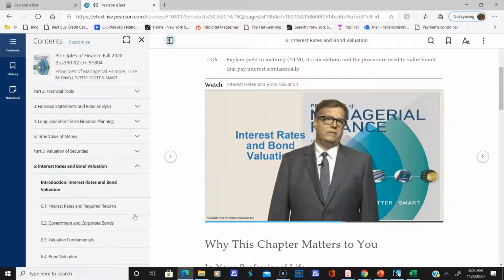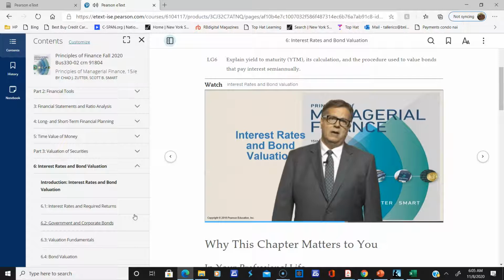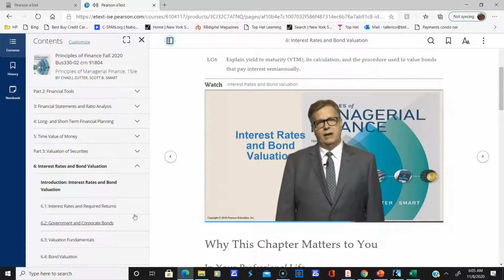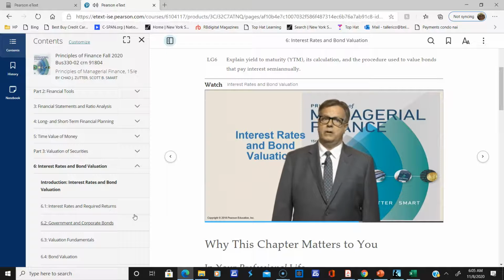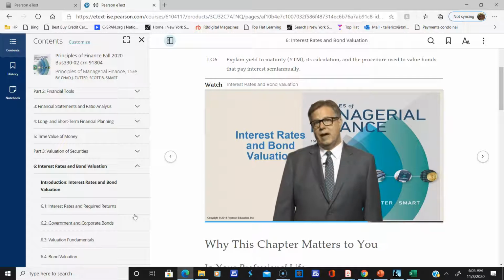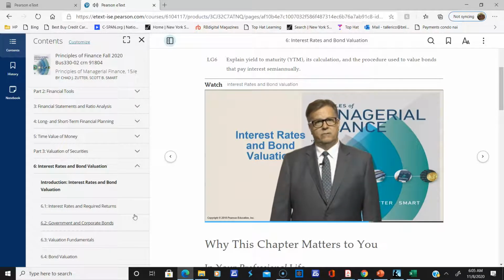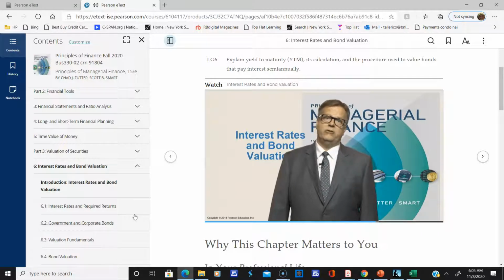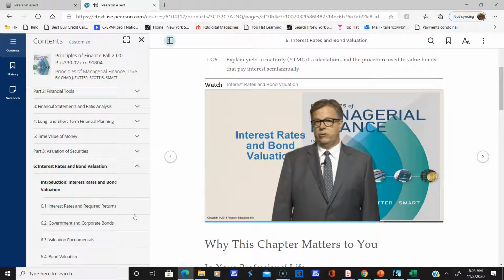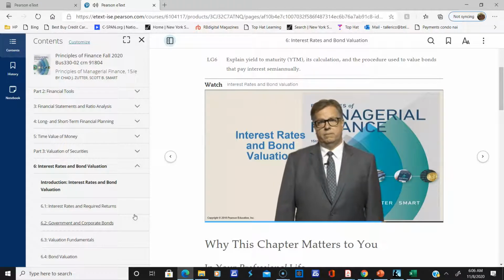The second main idea in this chapter is that you can apply the time value of money techniques you've already learned to estimate the price or the value of a bond. A bond's value is just the present value of the cash flows that it promises to make over its life. When you calculate a bond's value, you simply discount its future cash payments using the return that investors require on the bond as a discount rate. But remember that higher discount rates lead to lower present values, and lower discount rates lead to higher present values. That means that as the required return that investors demand on a bond changes, either because inflation is changing or because the risk premium that investors require is changing, the bond's price will change too.